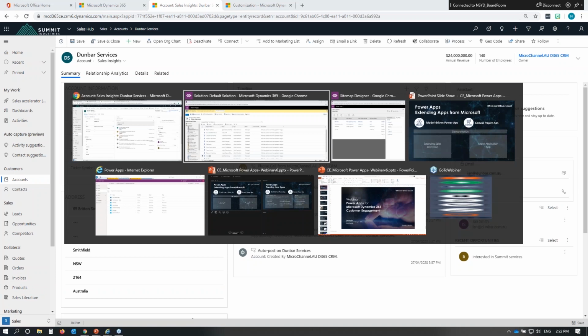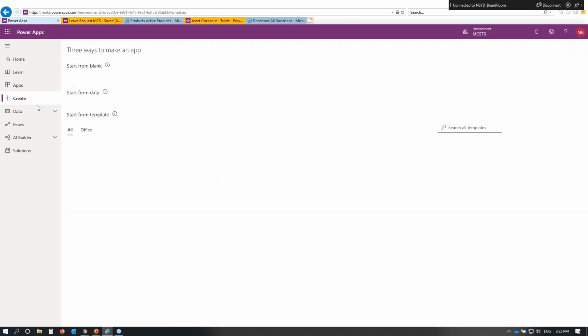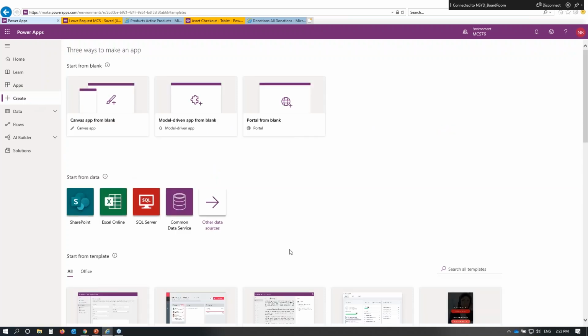Let's jet off and have a quick look at another component here of Power Apps, and that is the Canvas type apps. So I'm in a different screen, but in essence, I'm where the home of Power Apps actually lives. And so I can see all of my Power Apps. I can see what I've got from a changed perspective that I've done. I can even go and start to create some Power Apps in here